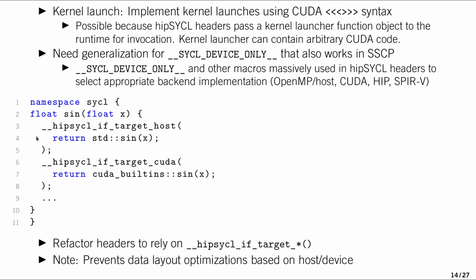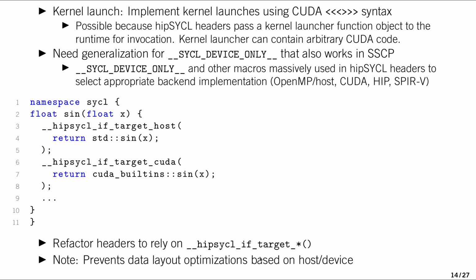Then we would need to, maybe depending on the backend, map that to different actual built-ins. And what we have done is we have introduced the HipSYCL if target mechanism, which generalizes to both the SMCP and SSCP case. And we can then just say, okay, if we're targeting host, then we're calling std sign. If we're targeting CUDA, then we're calling some CUDA built-in, and so on. And so what we've done is we had to refactor all the headers to rely exclusively on this HipSYCL if